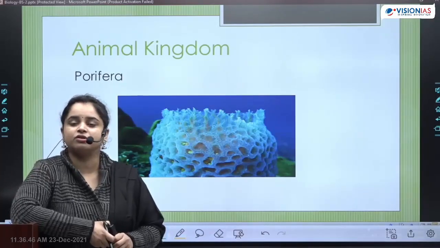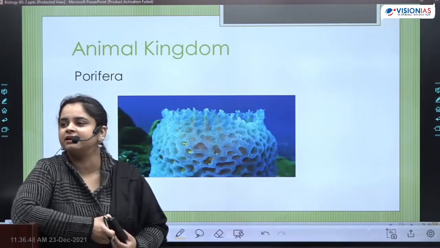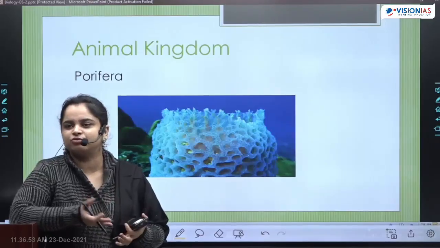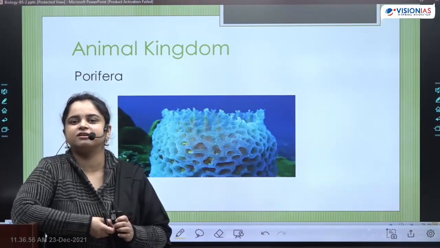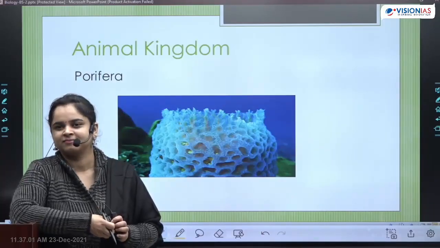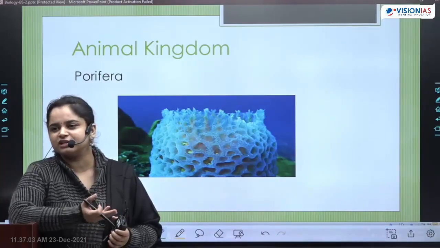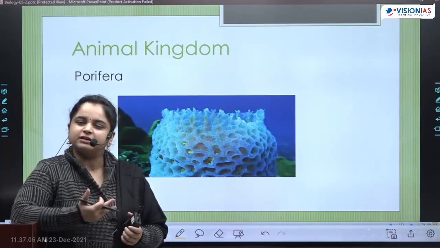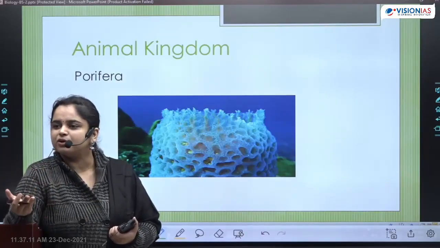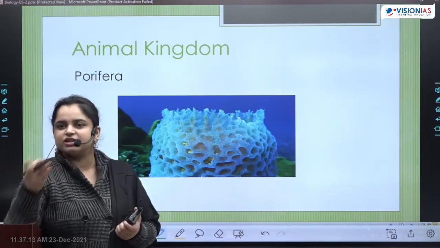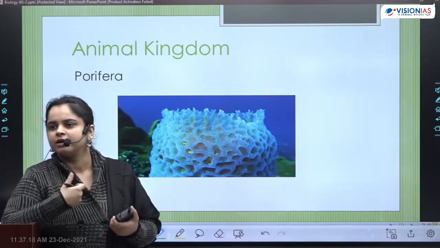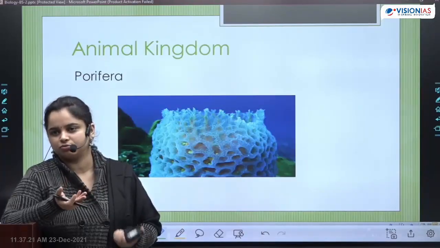Because again, if we go, then that is like taxonomy, an entirely different subject which we do not need to drive ourselves crazy with. If I'm telling you turtle is a reptile, please believe me that turtle is a reptile and don't ask me why. Right? Because a lot of these properties are going to be determined at different stages, like how an organism is developing. When it is an embryo, how many layers are there? Which layer is making which body part? How the heart is there? How the legs are there? We don't need to go into that.